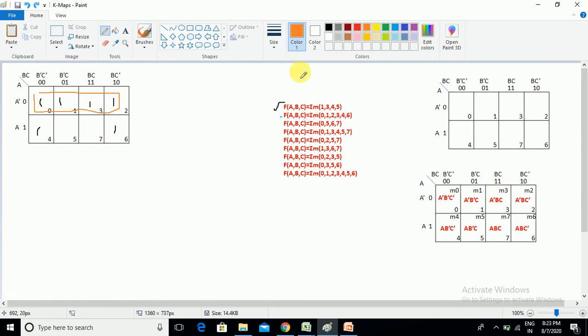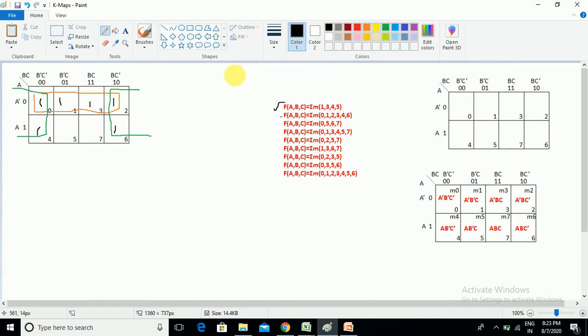So let us take the 4 cell group. Yes, easily we can perform the 4 cell group with overlapping of cell 2 and cell 0. So in this way we have to think of the proper grouping. We can take 4 and 6 individually, but individual groups do not create the maximum cell grouping. If you consider the overlap, it creates the 4 cell grouping. So in this way we need to think.